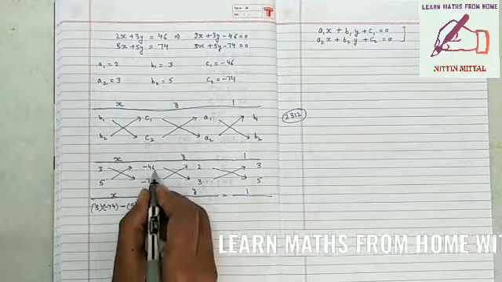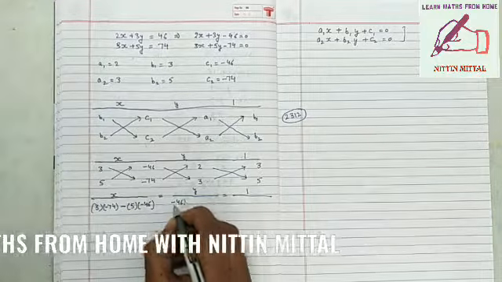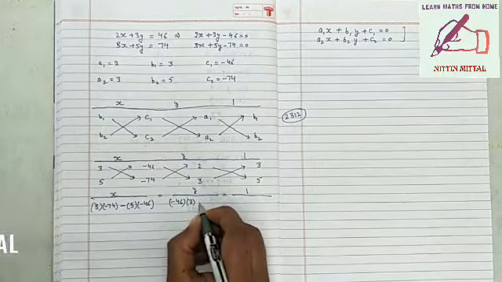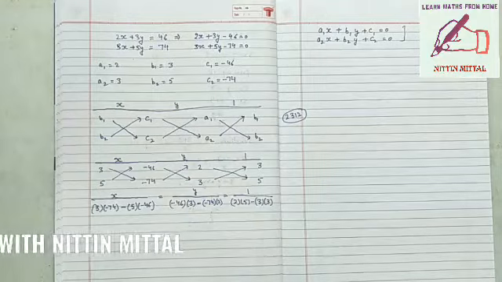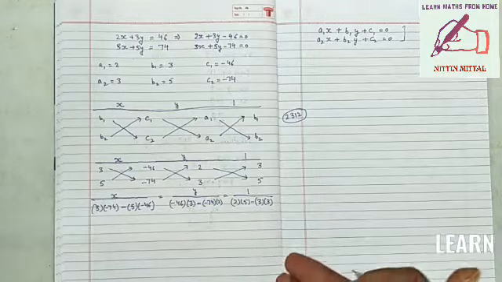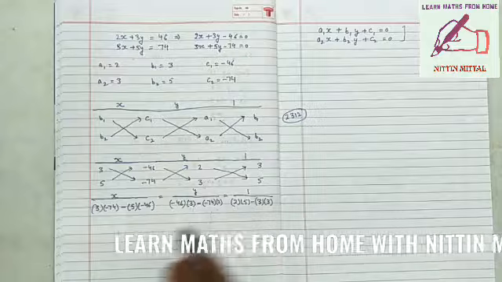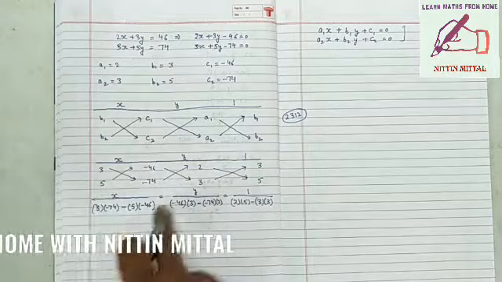So for y, upper left minus 46 into 3, and we'll subtract the other product, minus 74 into 2. And the same here, starting from upper left, 2 into 5, and we'll subtract the other product, that is 3 into 3. You must write the things like this, because by writing this you won't make any calculation mistake or any sign mistake. It's my suggestion, please write this step, don't do multiplication directly, right?